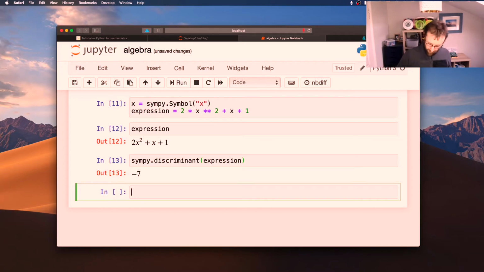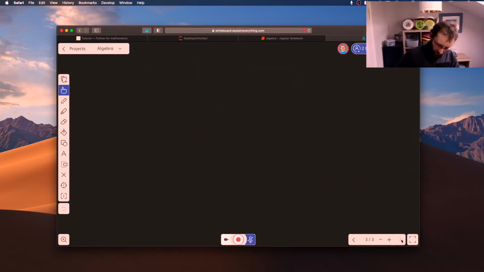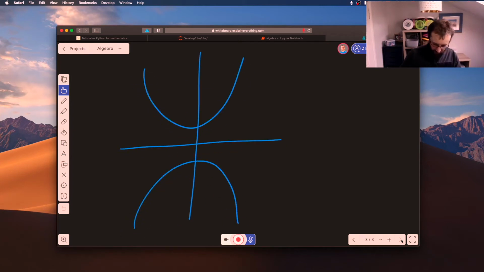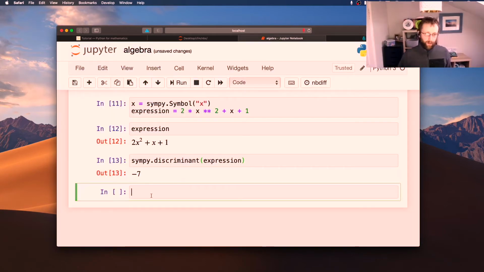So if it's minus 7, what does that mean? Well, that just means that there are no real roots, which means that, and if I go back here, which means that our quadratic is either going to be like this or like this. And in particular, because we got 2x squared plus x plus 1, the sign of the leading coefficient is what matters, which means we've actually got this one. All right? We can just confirm that, and to do that, we create an equation,